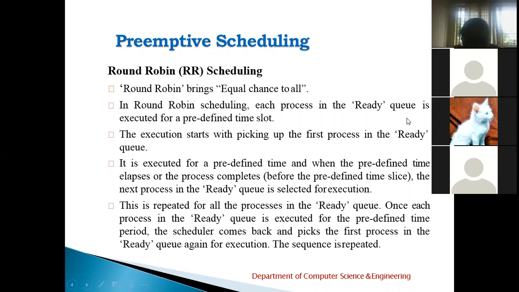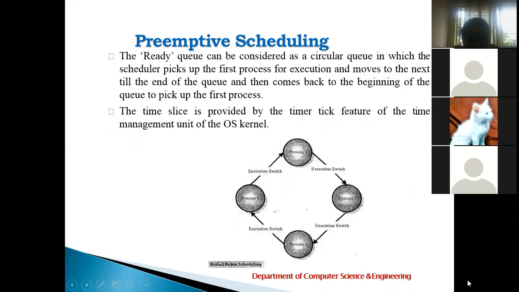They are executed for a predefined time slot, right? Whichever process comes first in the ready queue will be given a chance. So everyone will get a chance to execute, right? You can see here the ready queue can be considered as a circular queue. The scheduler will pick up the first process, the one that came first. The time slot for each one will be equal. Assume the scheduler will give everyone 2 milliseconds. So everyone will be given 2 milliseconds, and till they complete, that cycle will repeat, right?